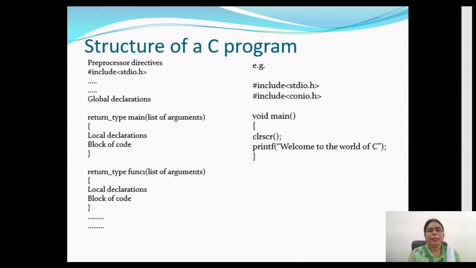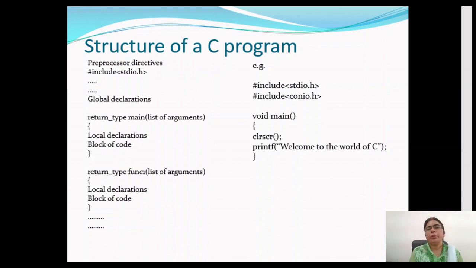All the preprocessor directives start with a hash symbol, and I've used here a simple example of the include preprocessor directive. This is used to include the already defined header files, or we can make some files and then include them here.